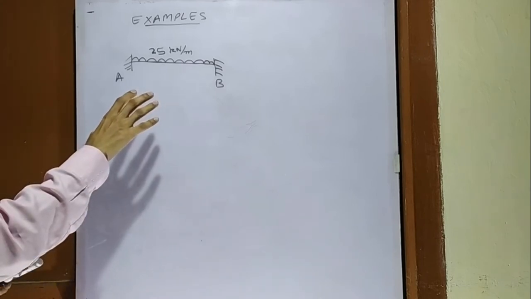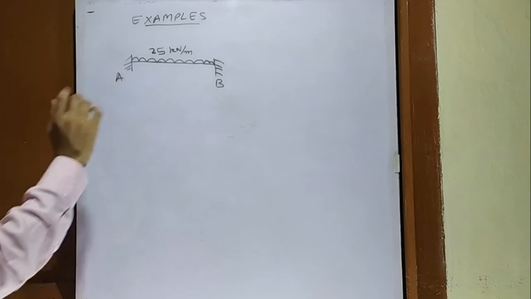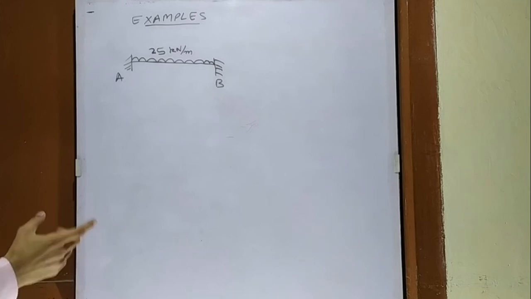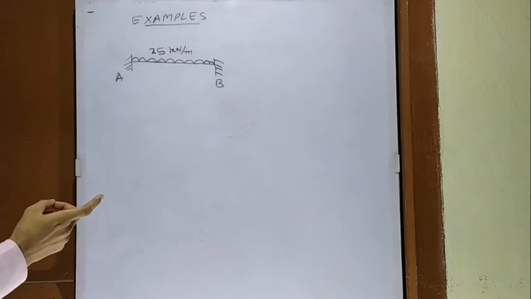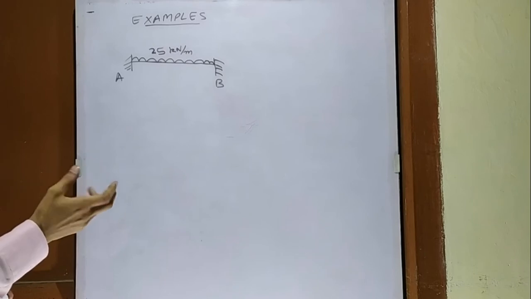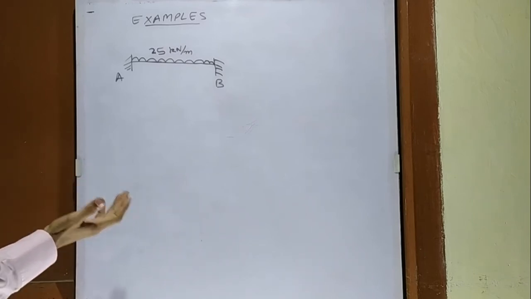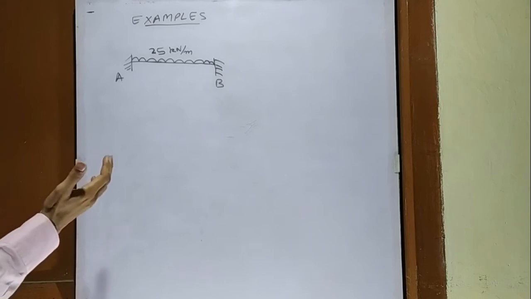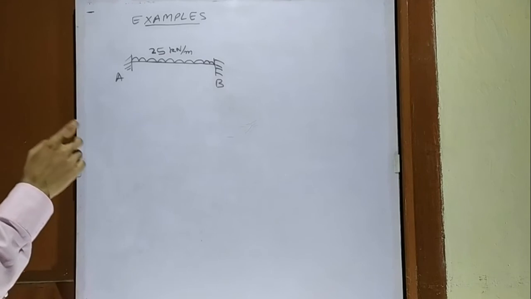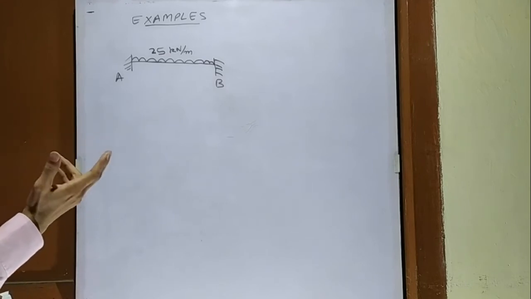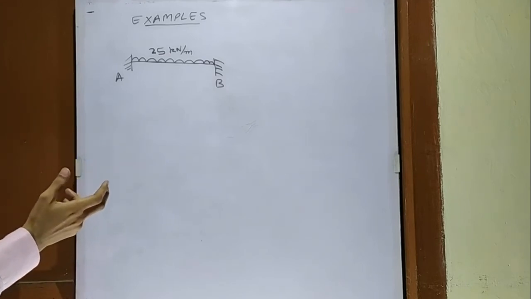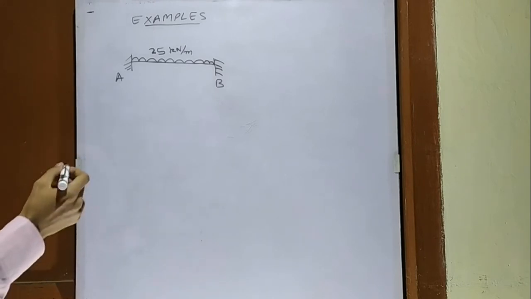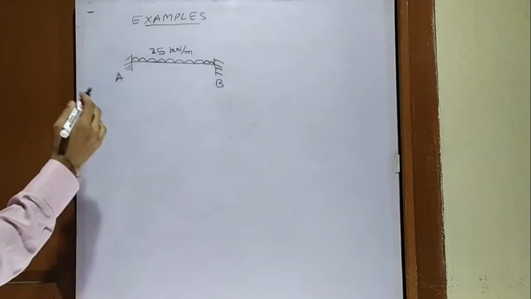We are just trying to get an idea of deflected shape, because deflected shapes are very important. If we are solving any problem of structure analysis, then it is very important to have a previous idea of the deflected shape of the beam, what will be the deflection at that point, because after solving that question we may get a wrong answer, and we will not be able to understand whether our answer is correct or wrong.